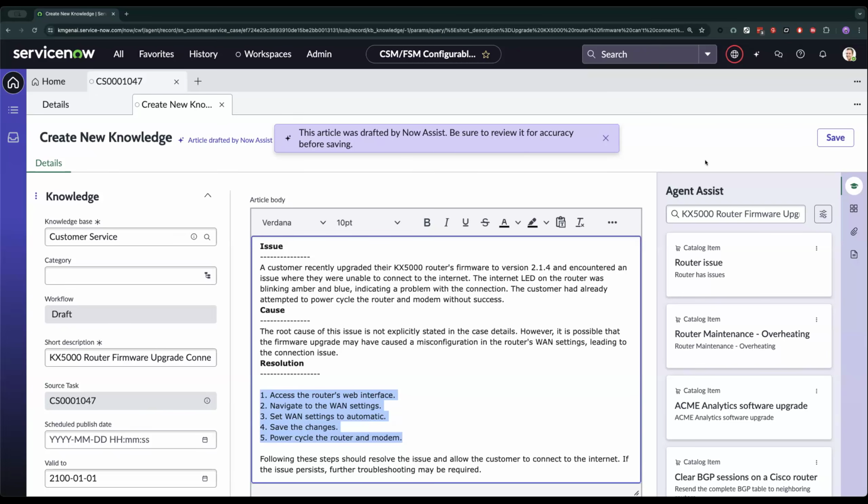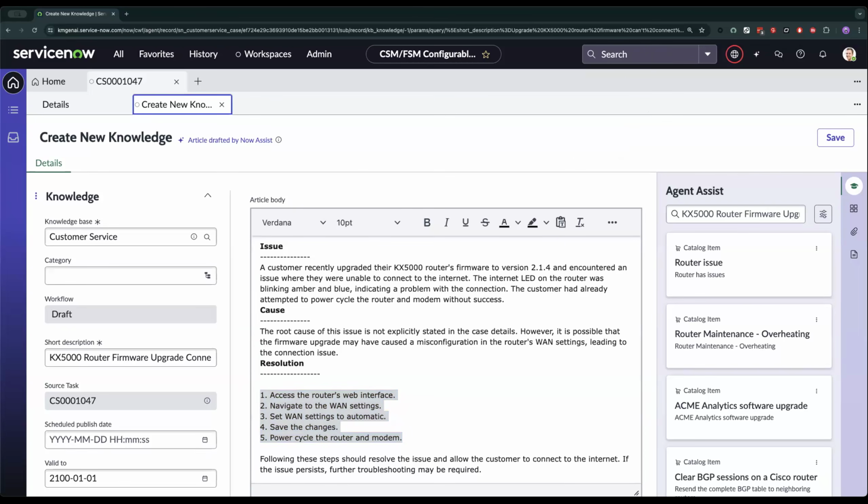So you can imagine if you have one of those really lengthy cases, how it's going to provide a lot of great information for you here. So as far as questions, let me go ahead and get into some. You can change the knowledge base afterwards. Once we generate the article, we're getting back into our knowledge management processes and flows here. So you can go into the metadata and change the knowledge base if you want to.